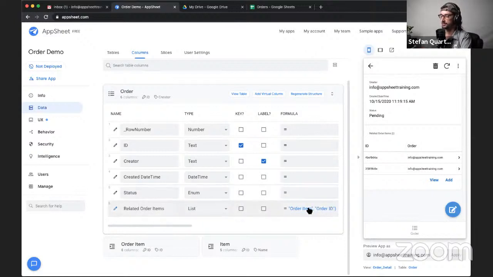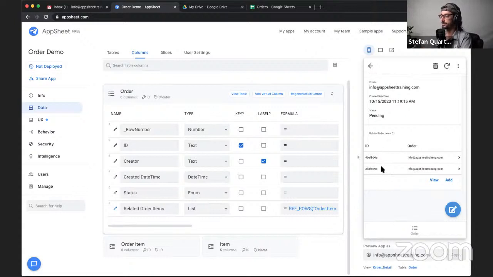And there's a formula here that describes the table reference relationship between an order item and an order. And it generates a list of all of the order items that were related to this order. So AppSheet does this automatically every time you build a reference. The parent item gets a virtual column that contains a list of all the children, and AppSheet displays it as